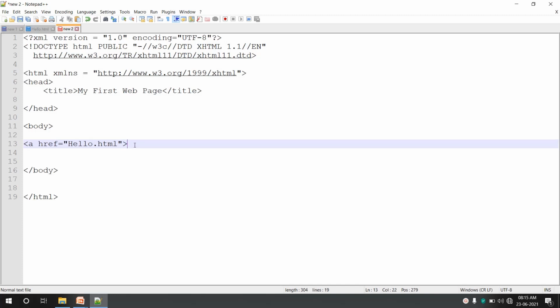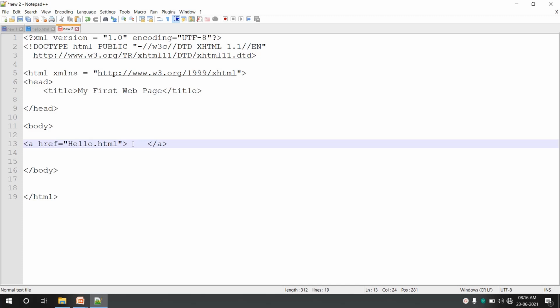Then you can close the tag, the open tag is closed here. This is anchor open, anchor close, and we have a separate closing tag. In between open and close you can add some text, and this is the text which is displayed on the web page as a link, remember.